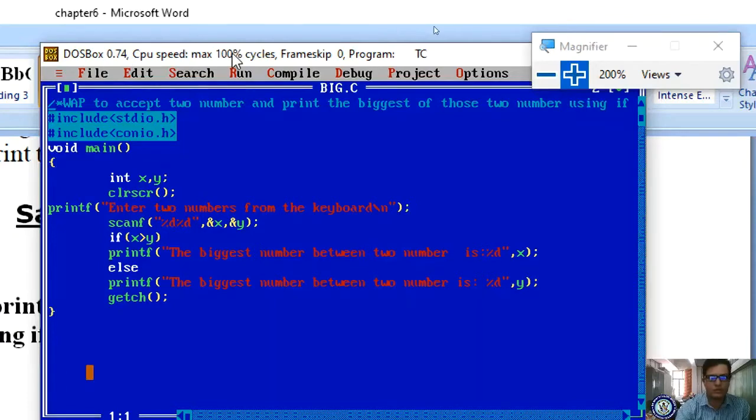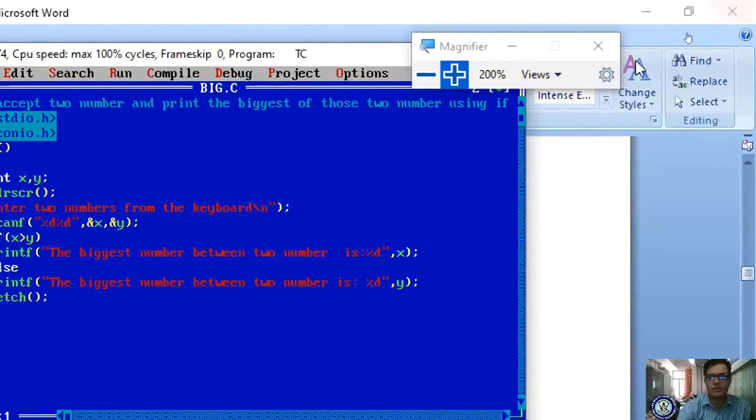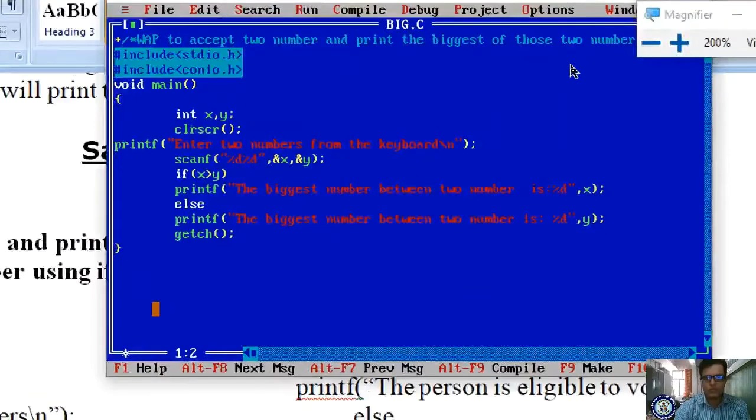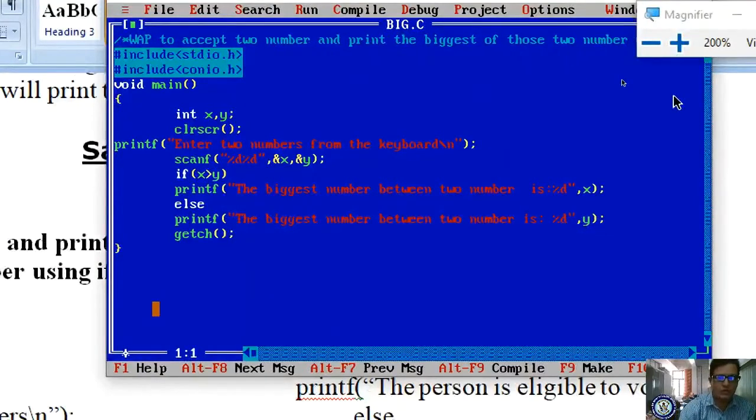Yes, now it is visible, right? Let me see here once again. So what is the program? Our program is to accept two numbers from the keyboard and print whether the two numbers are equal or not.